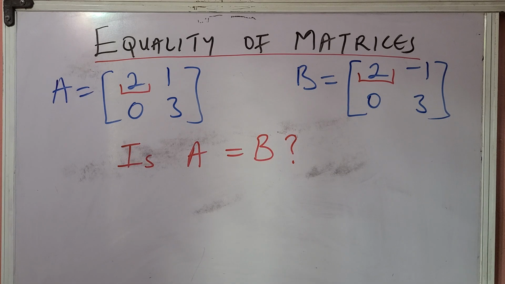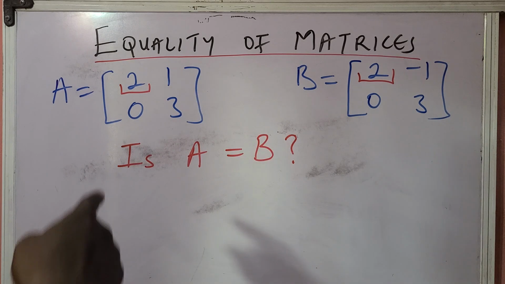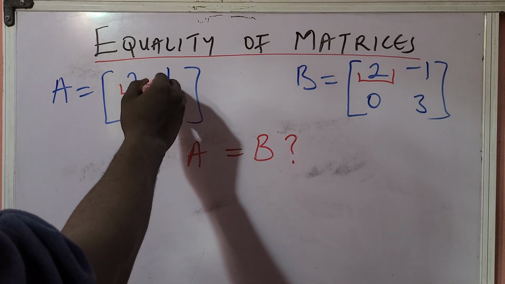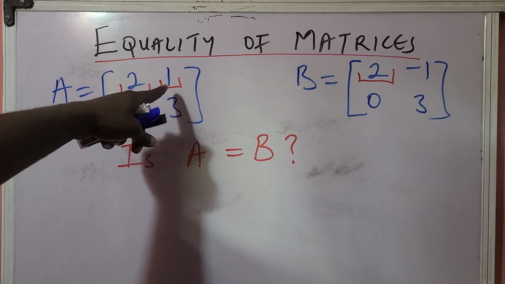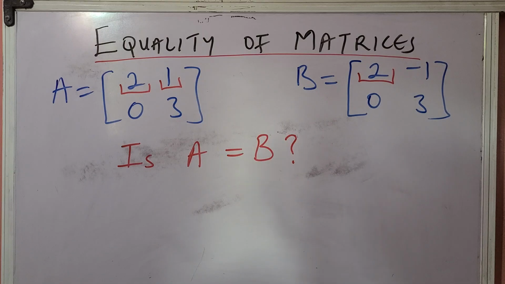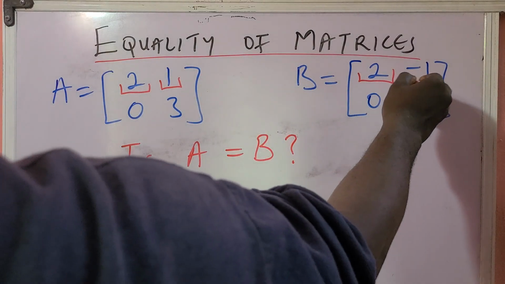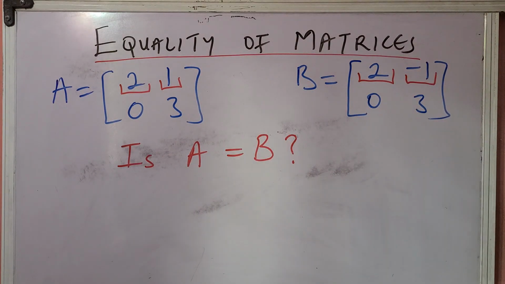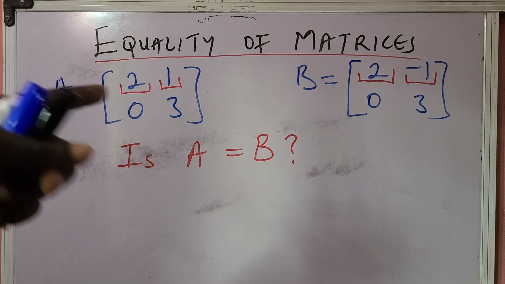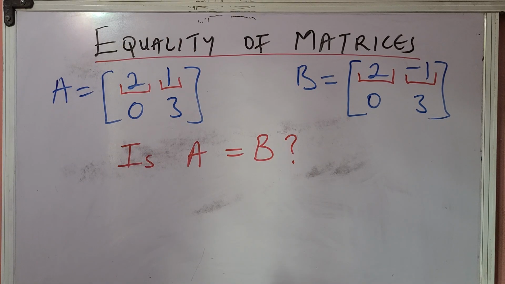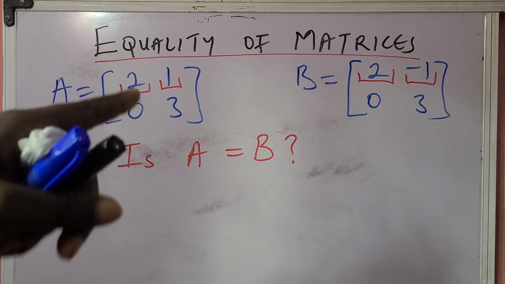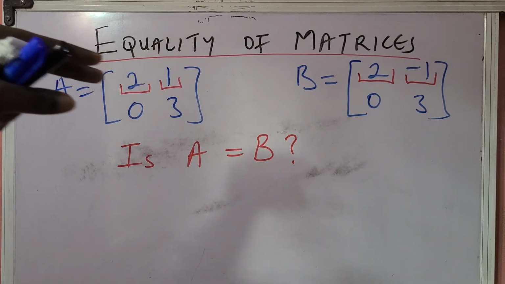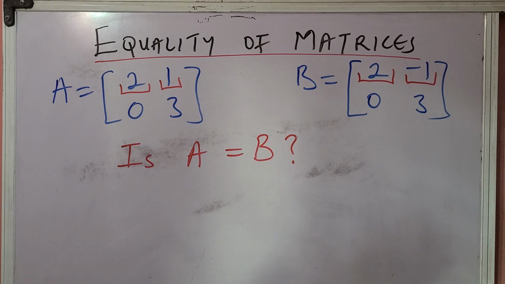If you look at row 1, column 2 of matrix A, it has an element of 1. And investigate that of row 1, column 2 of matrix B. You would see that there is a difference because 1 and minus 1 are not the same thing. So that is already indicative that these two matrices, no matter what happens in any other element,